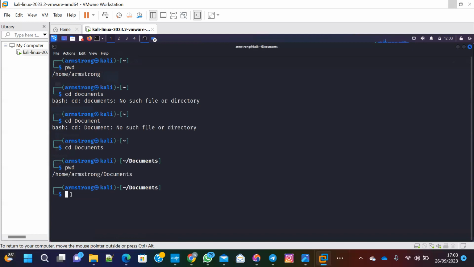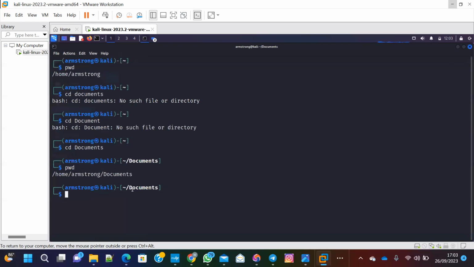So that is it. If I want to move from this directory called Documents to a particular directory or folder that I've created,